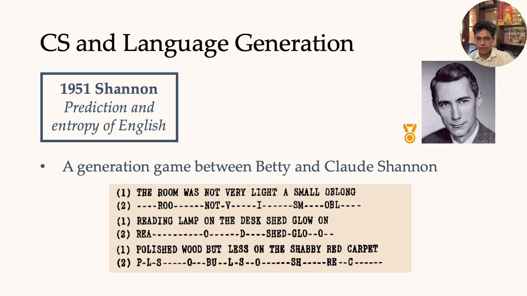One of them would take a sentence not known to the other and hide all but the first character of the sentence. The goal of this other person was to predict the next character, and then the second character would be revealed and the game would proceed, and so on. This is, of course, very familiar to us today as the next token prediction game that is widely used to train language models.